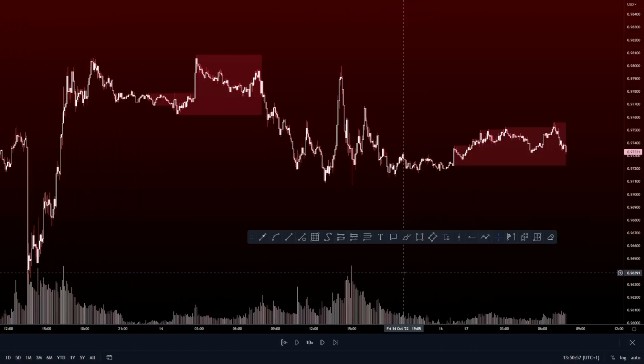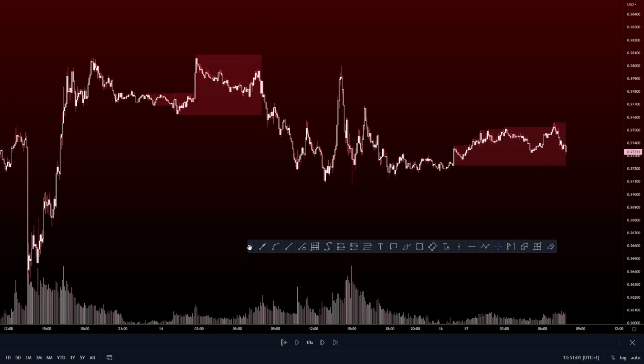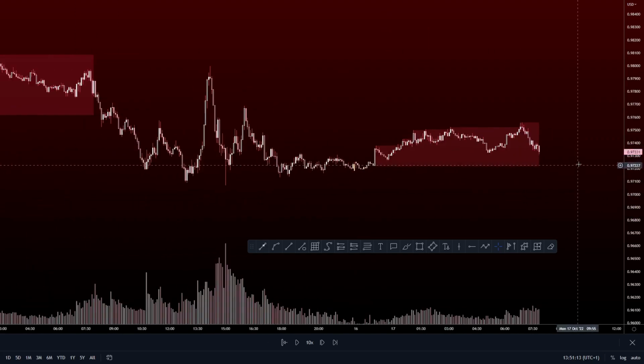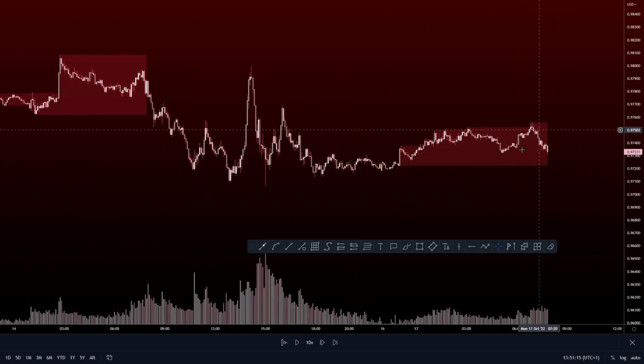So I will show you a couple of quick examples on other pairs there, just so you know it does happen on other pairs. But the euro dollar obviously is a European pair and it's the most traded pair in the world. So you are going to find that this strategy is going to work the most effectively on the euro dollar. But say we're coming into this price action by here, guys,